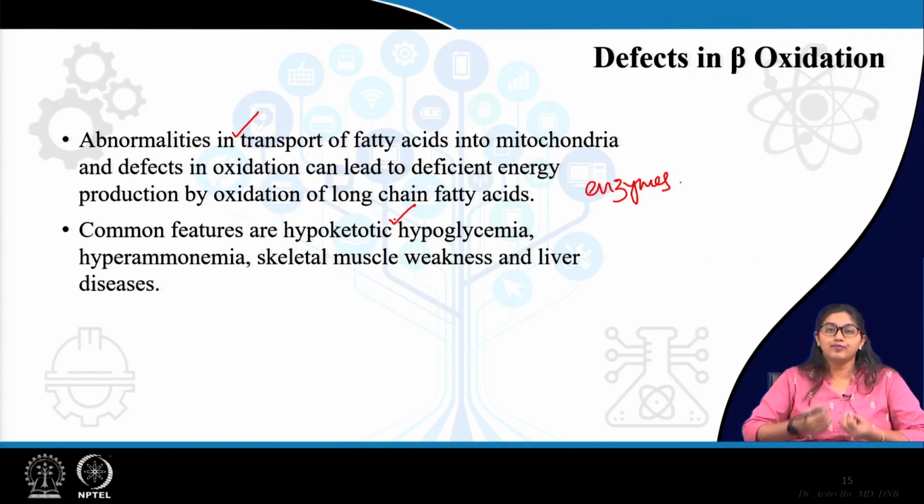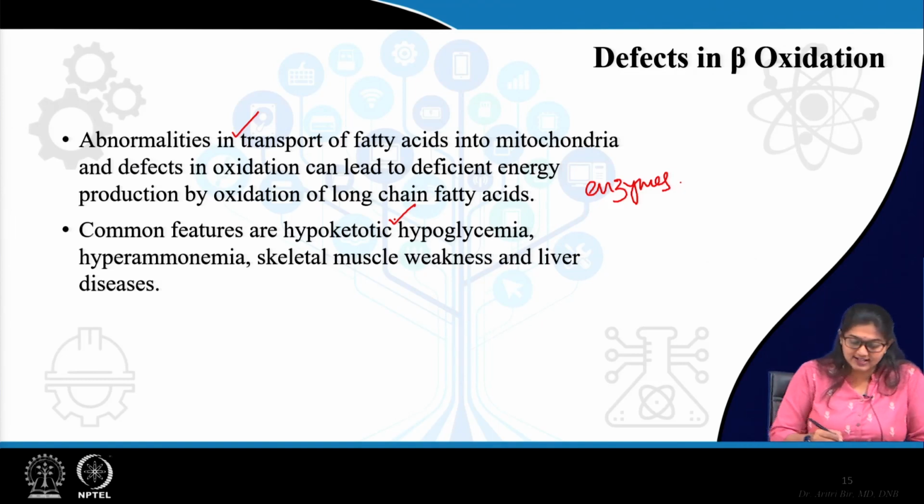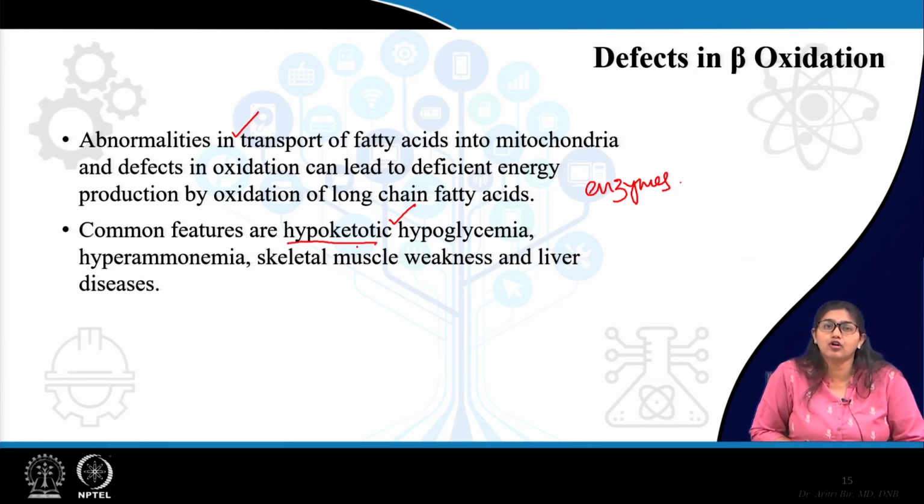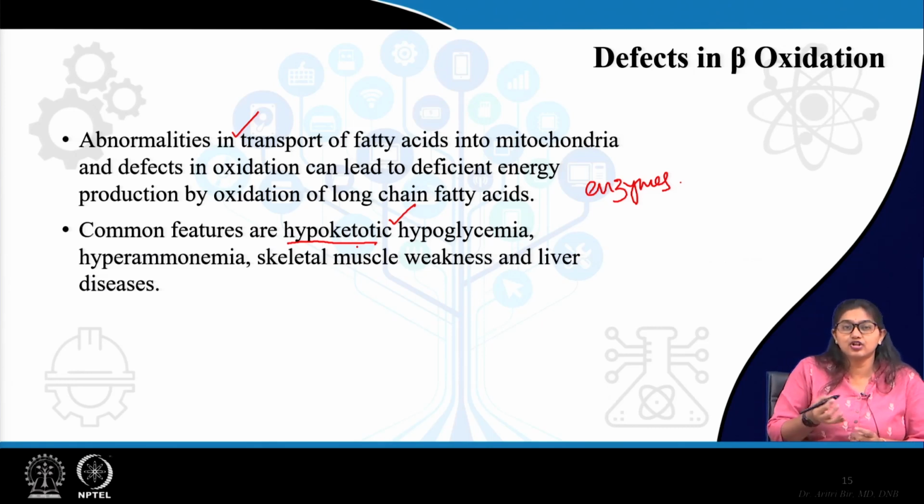But remember that this hypoglycemia is hypoketotic or non-ketotic hypoglycemia. So there is very little production of ketone bodies in case of defective beta oxidation. Along with that, there is hyperammonemia,